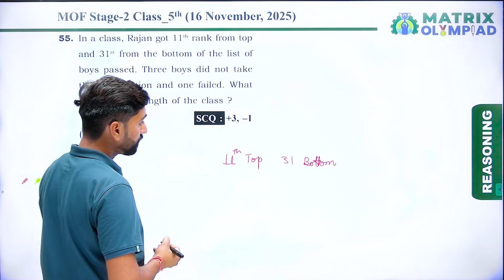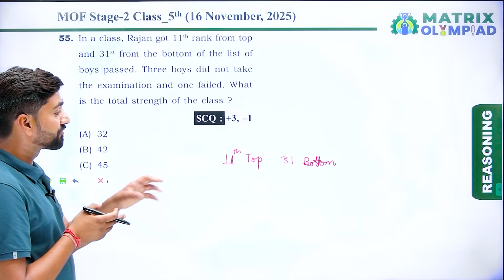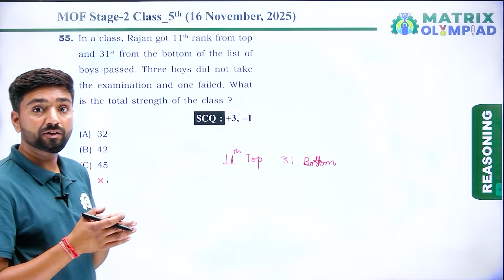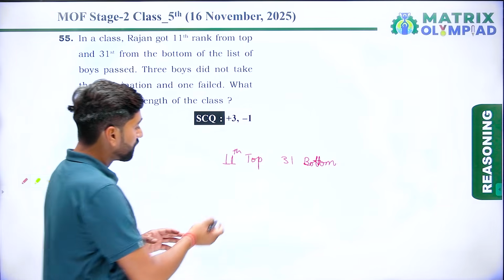So it is asking how many students are in the class, if three students out of them have not given the paper and one has failed in the exam. So if we